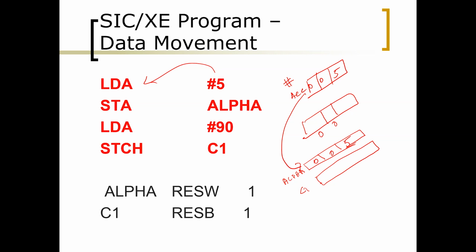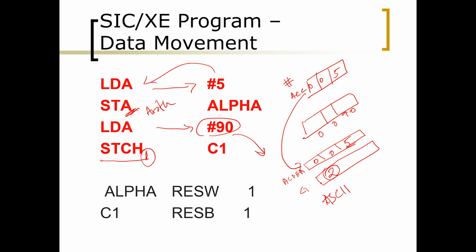0, 0, 90. Now what happens is, when you are storing this 90 and when you are storing this 5, both look similar, but you have to see the next one. The 90 will be converted into character. At that time, the value of Z will be stored. Here, again you are using an arithmetic one. When you are using arithmetic one, the number is directly stored. But when you are not using the arithmetic accumulator, it will be stored as a character. It will check, because 90 is the ASCII code.